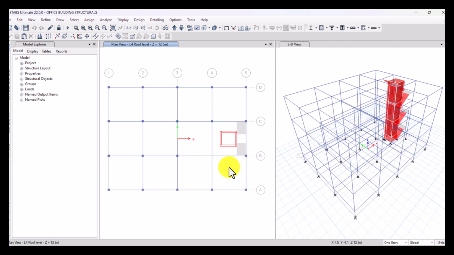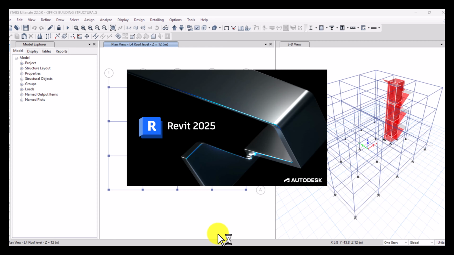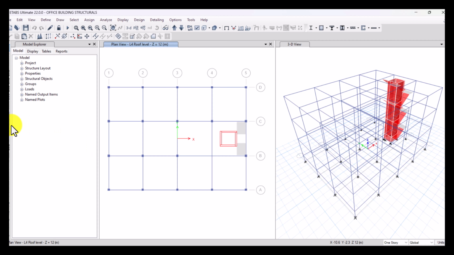Now at this stage, I'm ready to start sketching. If you think like the slabs, the trusses, and the curtain wall around the building. So let me first open Revit and show you something. Now to sketch,